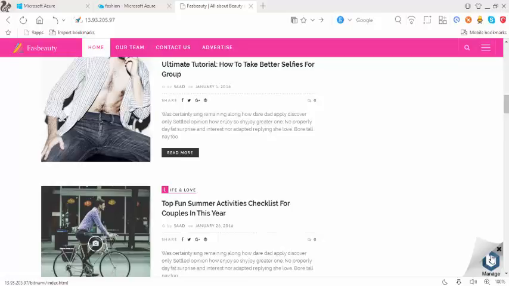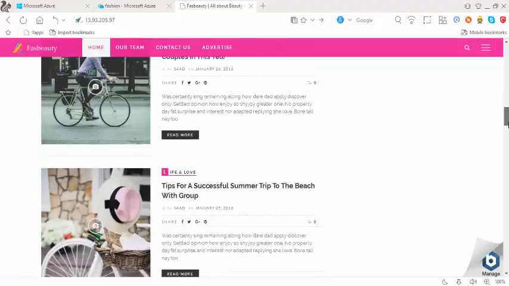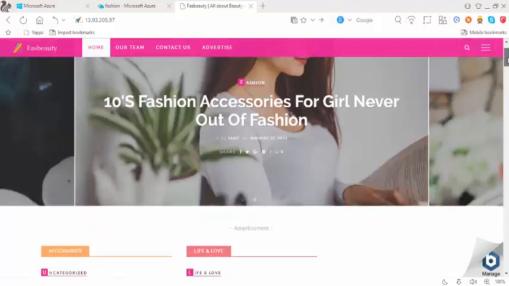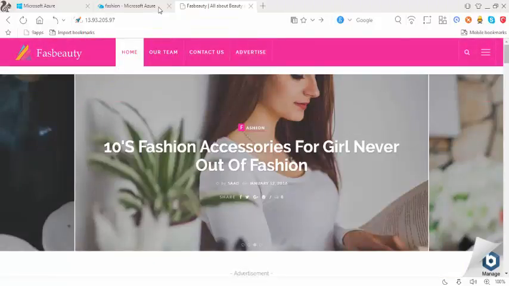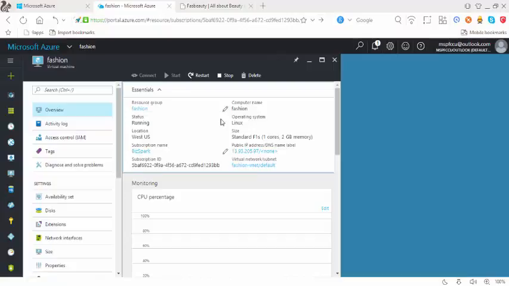You can see the manage tag here on the right button. So this is how easy you can deploy your VMs, and you can set up your solutions easily using Azure. In the next video, we're going to talk about some other features of